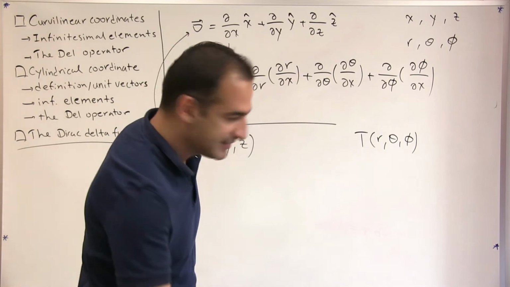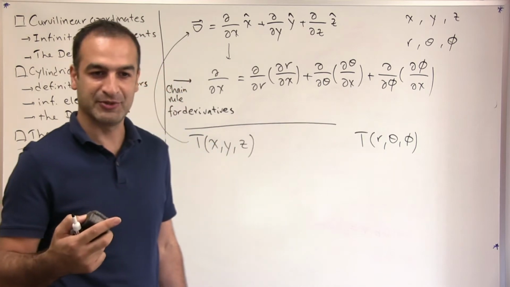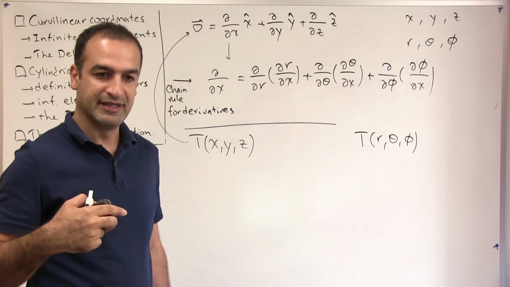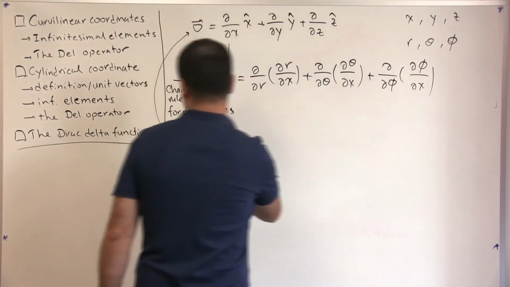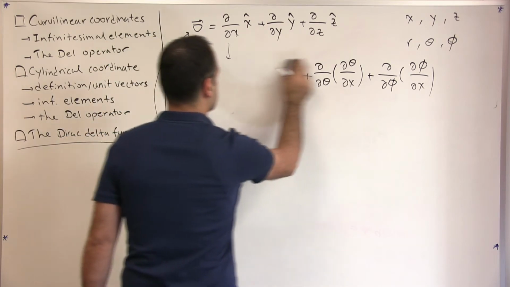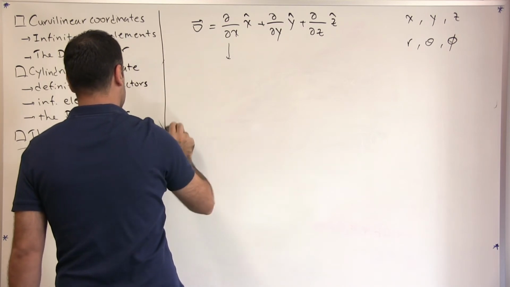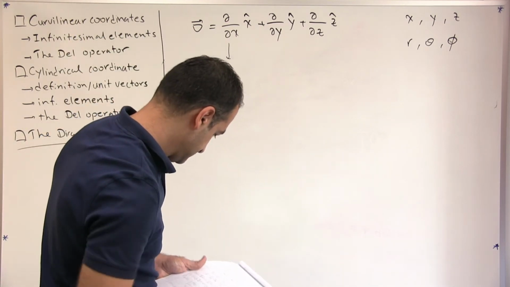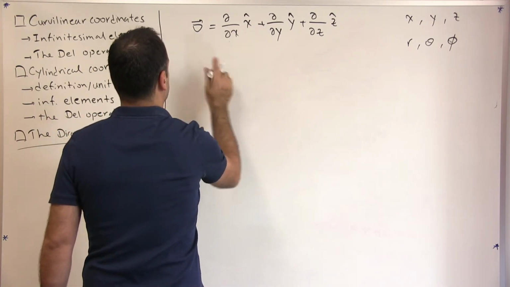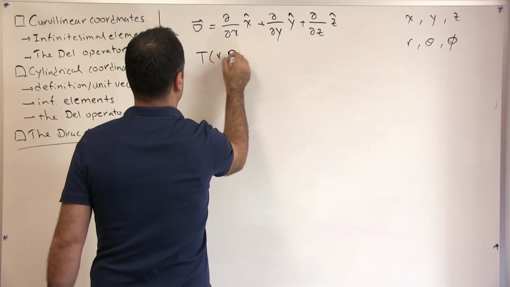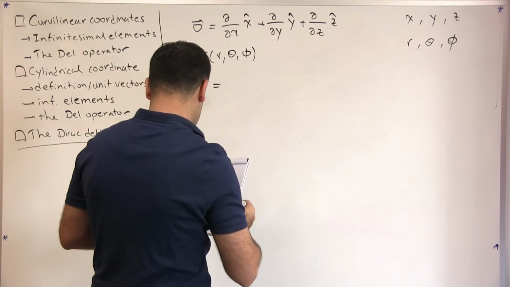What I want to do next is start with the gradient and just give you what the gradient looks like in spherical coordinates, and then move on to divergence and curl, and then wrap it up. So let's clear this one. If we have, again, function T, now in terms of r, theta, and phi, the gradient of T is